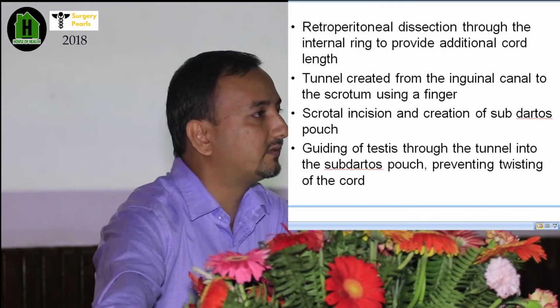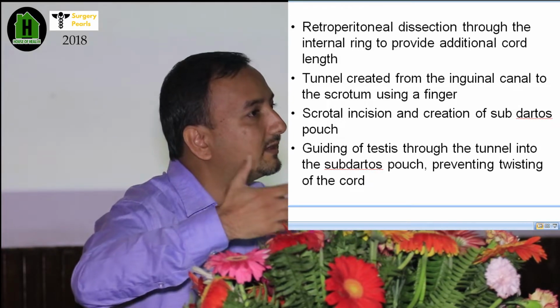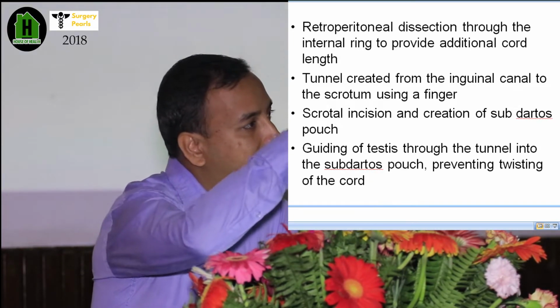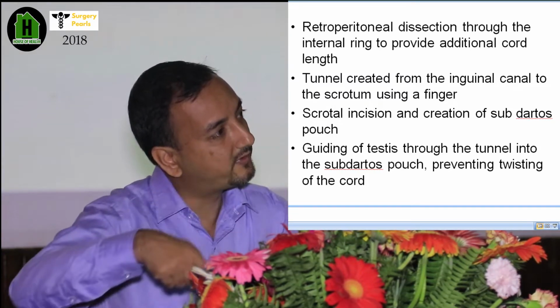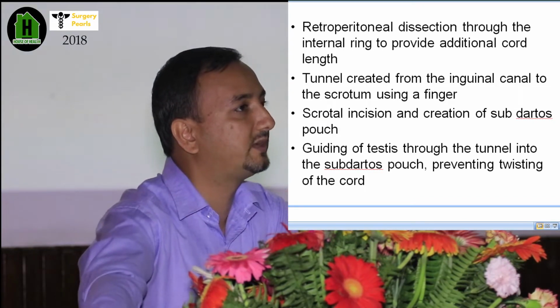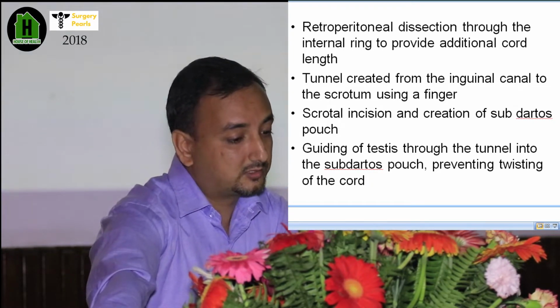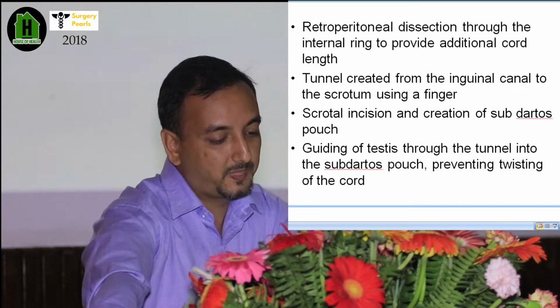This is called a Prentice maneuver because you all know that the hypotenuse is the shortest side of a triangle, right? So we don't want the testis to go in through the two sides of a triangle. We follow the hypotenuse. So when you do that, you gain about 1 to 2 centimeters of extra length of the cord. So the tunnel is created from the inguinal canal to the scrotum using a finger, and the scrotal